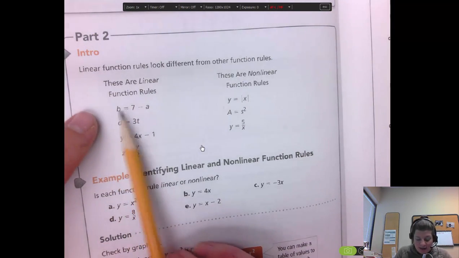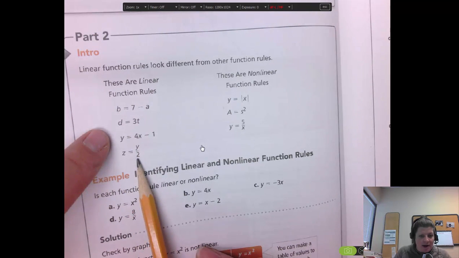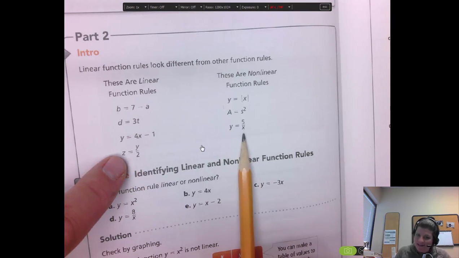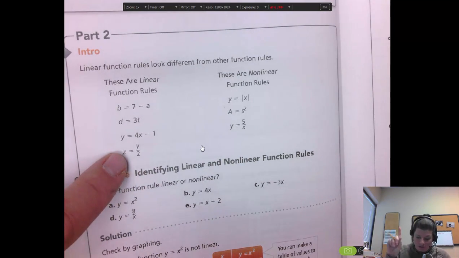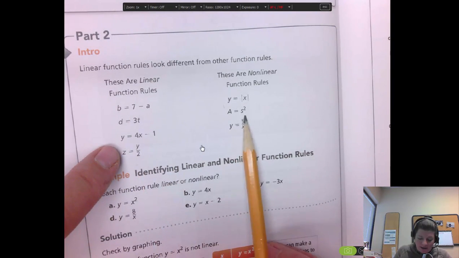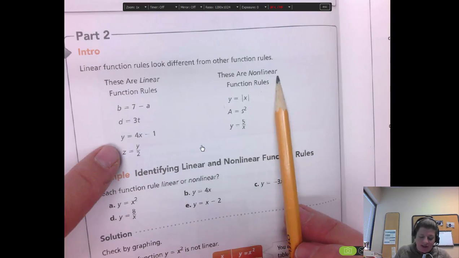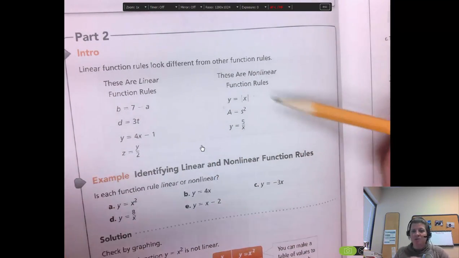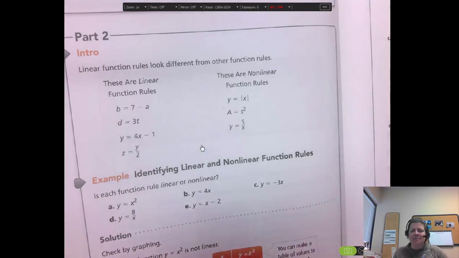There's two letters, there's no exponents, right? There's no x in a denominator or letter in the denominator. See how this one's in the denominator? Not a linear function. There's no squareds here. There's a square here, so it's not a linear function. These are functions, but they're not linear. Absolute value, square roots, all those weird symbols that none of you really want to work with, those are making